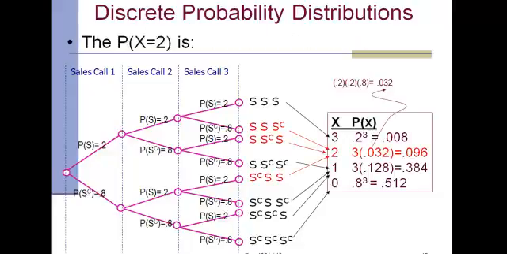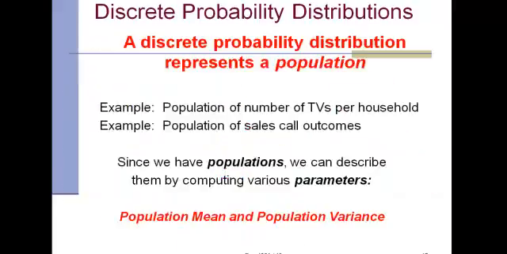And let me skip right past that. Okay, discrete probability distributions represent a population. Absolutely. For example, there were